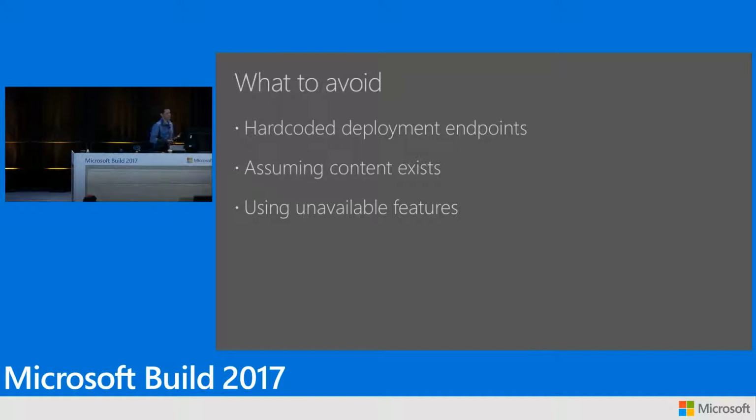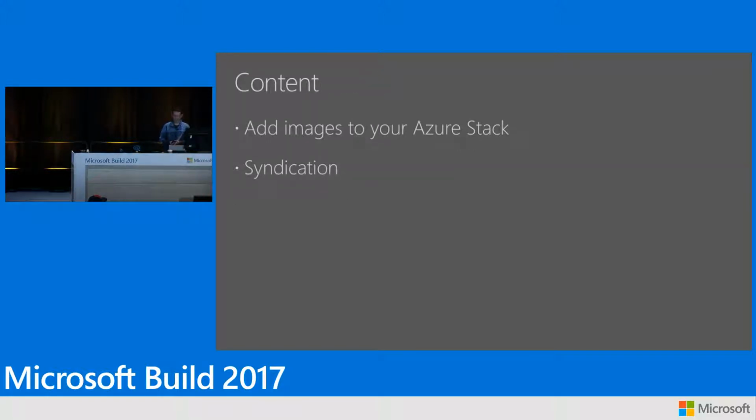And another very important thing, avoid using unavailable features, because Azure has a very diverse set of services. Not every single service will be available in Azure Stack in the first release. But the beauty of this is that you can check for content, you can check for capability as well, all in a programmatic way. So for content,